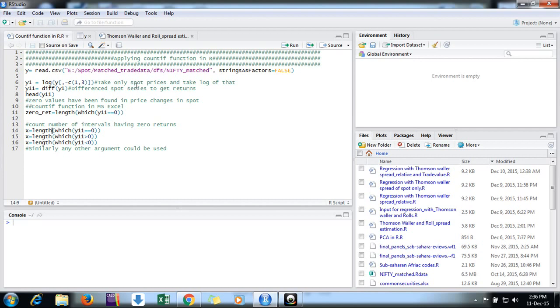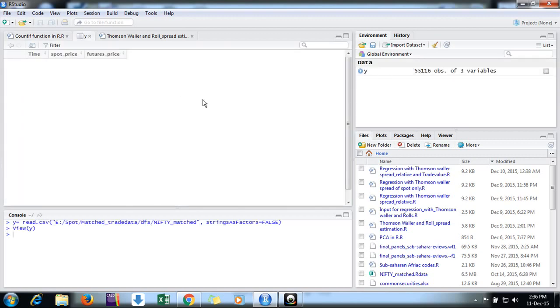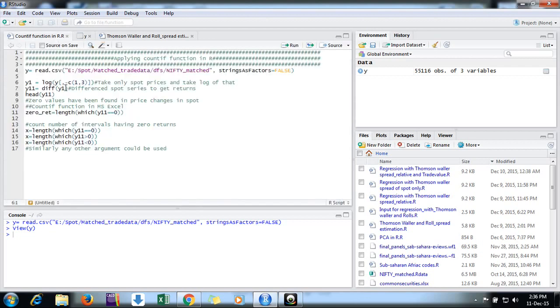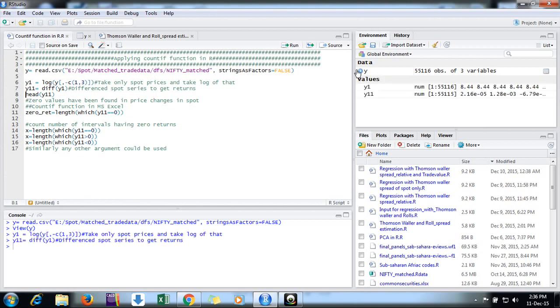So let's take an example. Here is a file I have, the Y file. It gives me the values at 5 minute intervals for a 3 year period of the Nifty index of India, spot prices and futures prices. I'm just taking spot prices out of it in log value. Now we have a new file, Y11, that gives me all the returns for